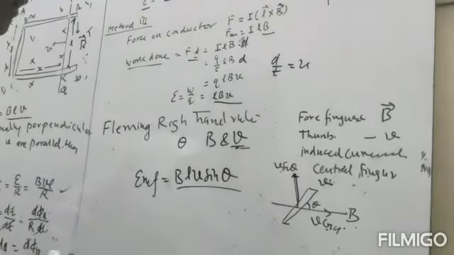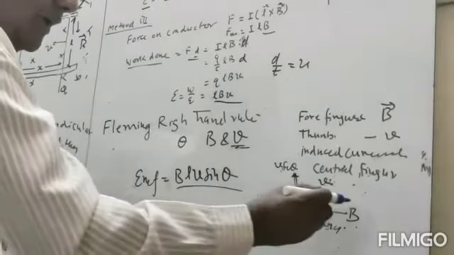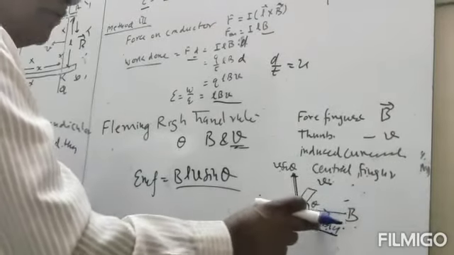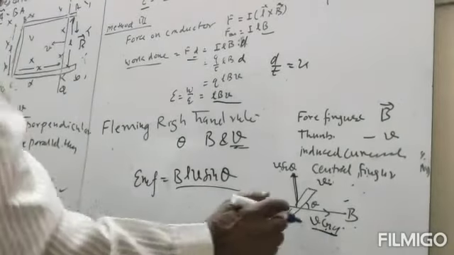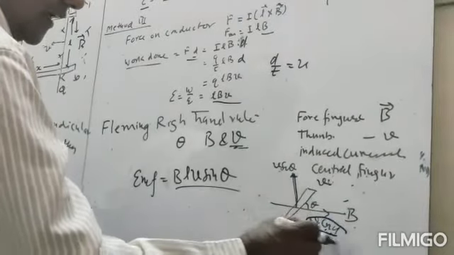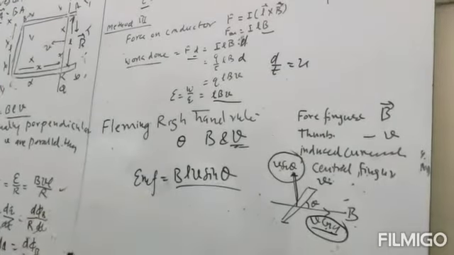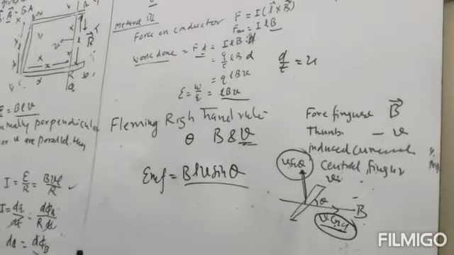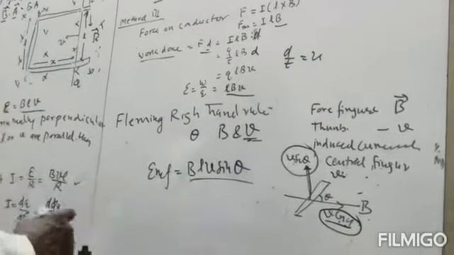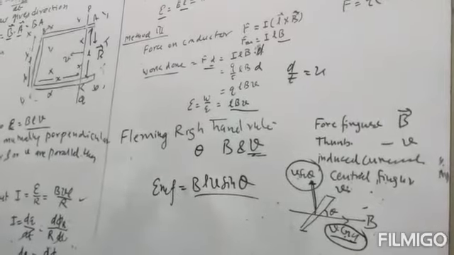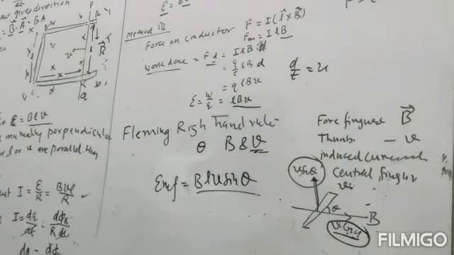V sin theta. So as I told you earlier, when the magnetic field and velocity are parallel, then the EMF is zero. So EMF will be zero due to the V cos theta. It will survive only due to V sin theta. So the EMF will be equal to B into L into V sin theta. So this will be the EMF if the rod is moving with velocity V with the magnetic field.